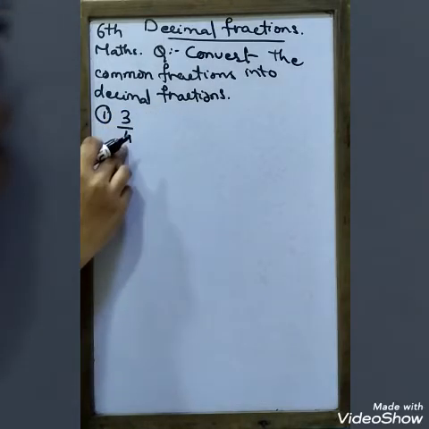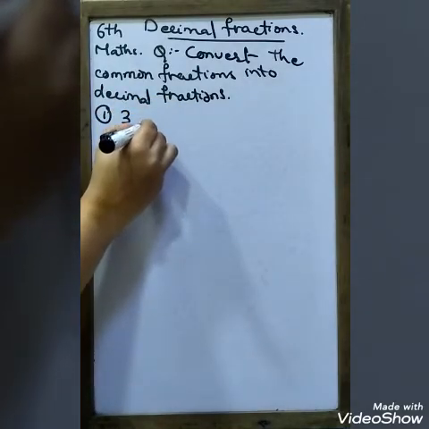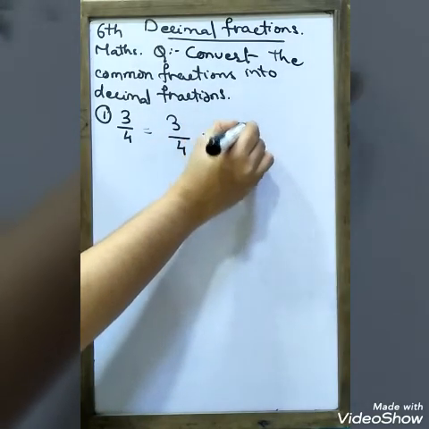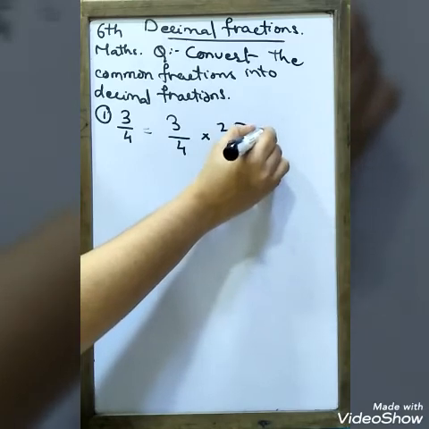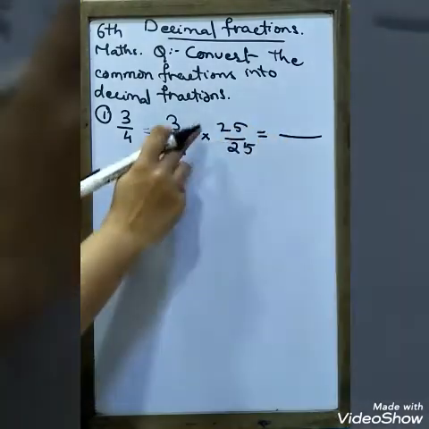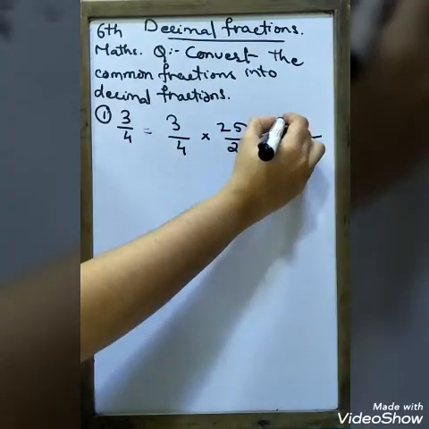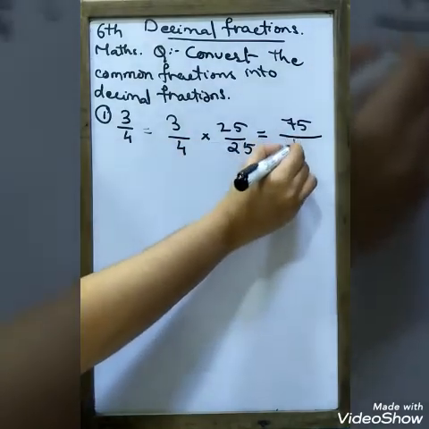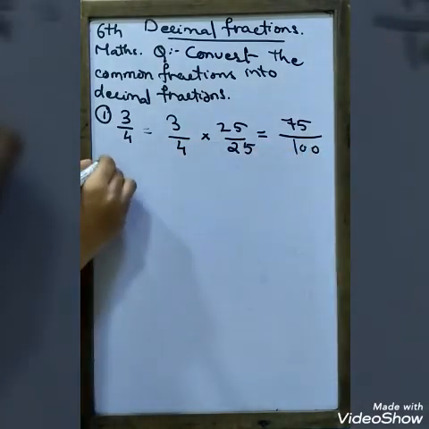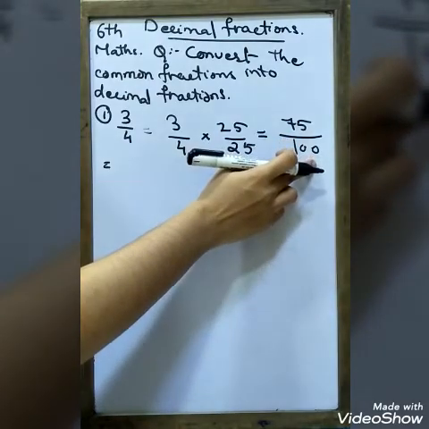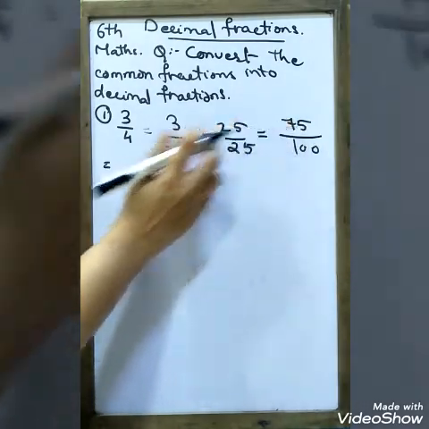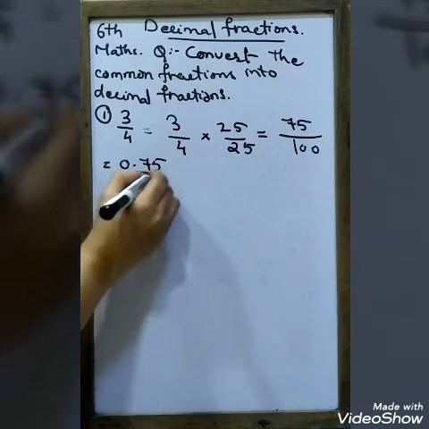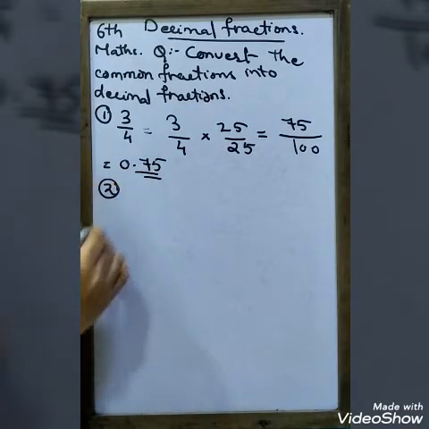So here we are going to multiply this by 25. So 3 upon 4 into 25 upon 25. Like this way, 25 3s are 75 upon 25 4s are 100. So here it comes. Now after this, अब इसको डेसिमल में कन्वर्ट करना है तो 2 डिजिट के बाद हम क्या करेंगे? यहाँ पर डेसिमल लिखेंगे. So it will be 0.75 is the answer.